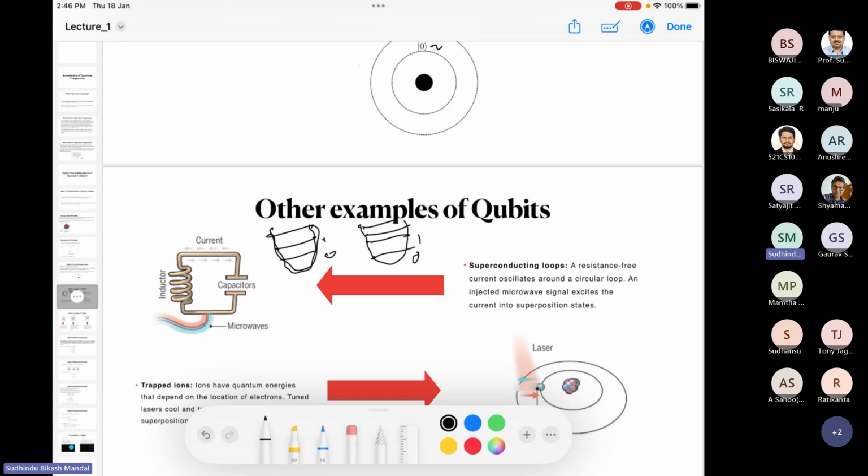To preserve this qubit, we require a refrigerator. I already showed a source, but I will show the refrigerator in my lab. And this is one way to implement the qubit in superconducting technology.